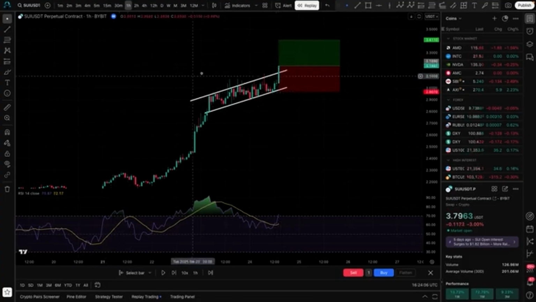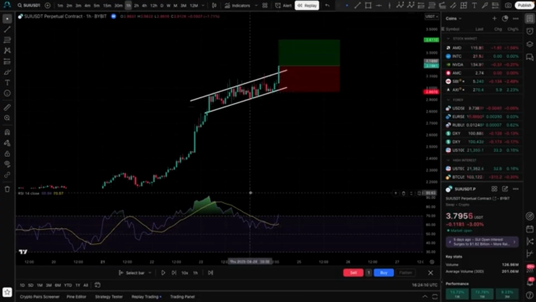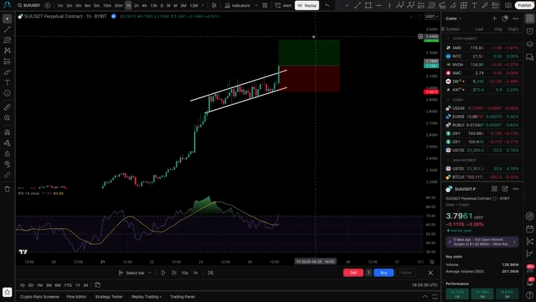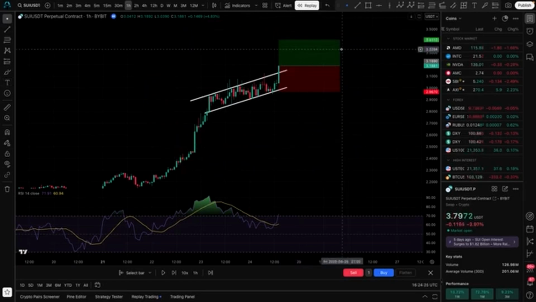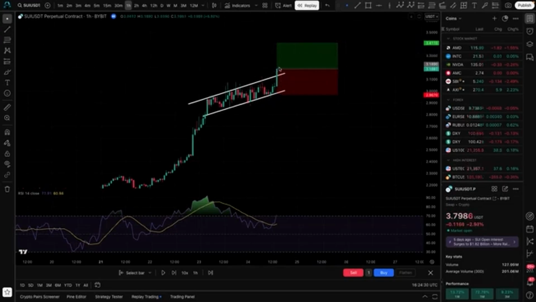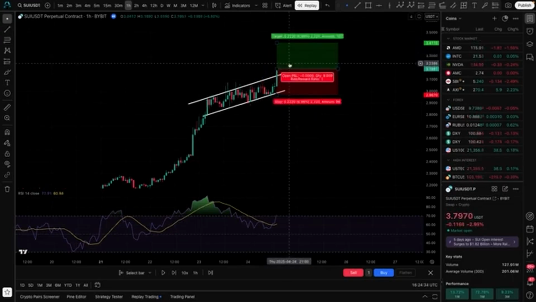And if you remember from the last example, you can scroll back in this video because I don't want to write the text again. But now when I'm not in a trade, the only thing I care about is taking a high probability, good quality entry that I can be proud of. And now when I took the position, again, this is just an example. Obviously